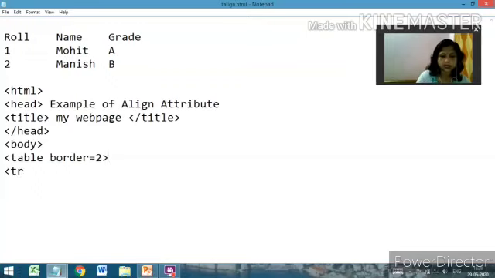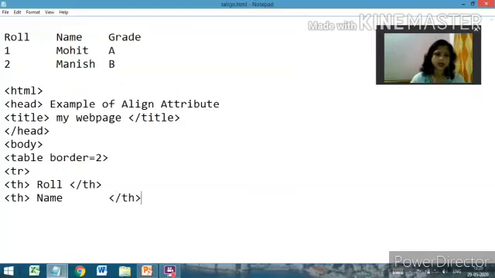First draw our TR, then this is your TH, then the next TH, that is your name, then close this TH. The first row, as all of you know, is your heading row and it starts with the TH tag.